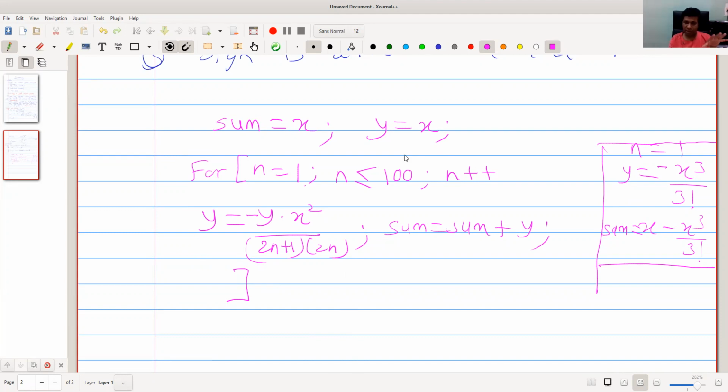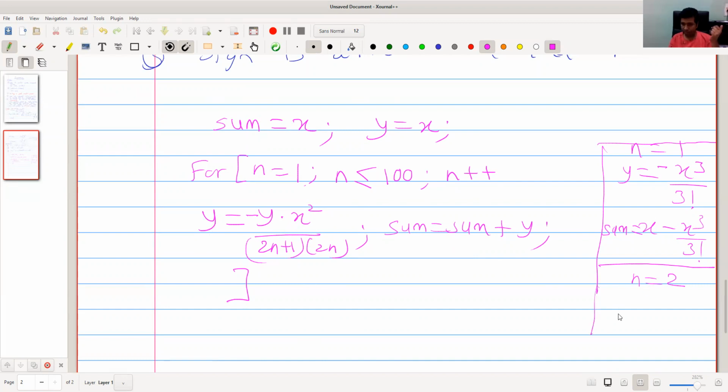Once we have n equal to 1, the test is checked whether n is less than or equal to 100, whether 1 is less than or equal to 100. If it is true, then again the body is executed. So n was 1, and in the next step n plus plus means n is equal to n plus 1. So n is now 2.